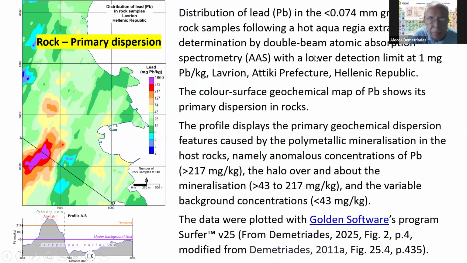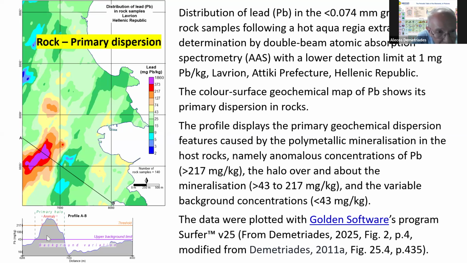Now here we see, you can read everything on the right-hand side. I will just explain the cross-section. This is a primary dispersion in rock samples in the Lavrion area. Here is a mineralized area, in fact, in the area. And as you can see, you have the variable background here,